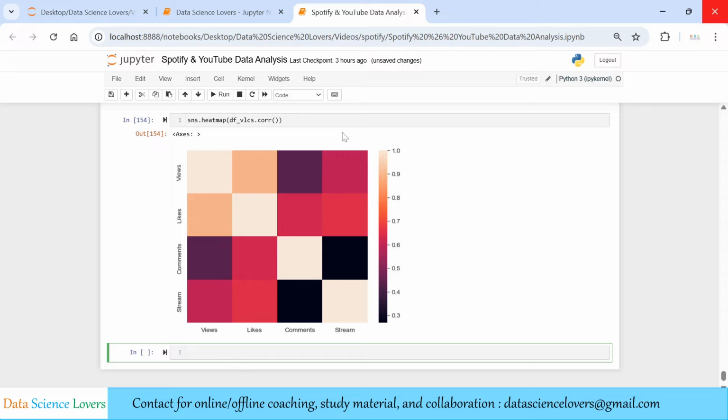As you know, the values of the correlation matrix lie between -1 and 1. 1 means the 2 columns are highly correlated with each other. If the value of one column increases, then the value of the corresponding other column will also increase. So if we see the columns likes and views, these 2 columns are highly correlated. It means if there are too many views on a particular track or video, then the likes are also so